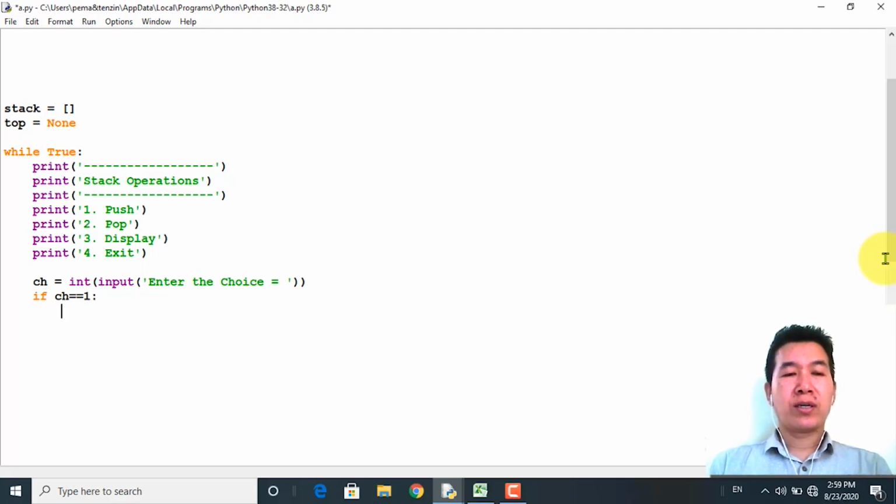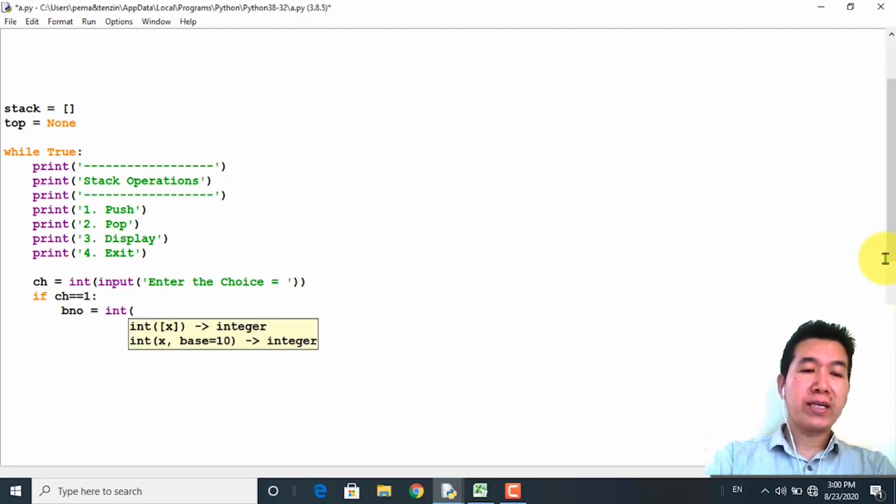Alright, so in the earlier example, we had simplified the program, which meant using just one integer variable for the item. But as of today's question, the item should contain two important items. The first one is the book number, and then you have the book name. Alright, so BNO for the book number, and then